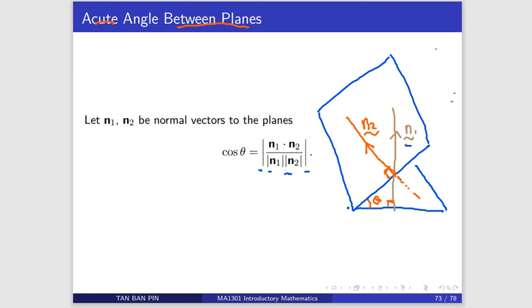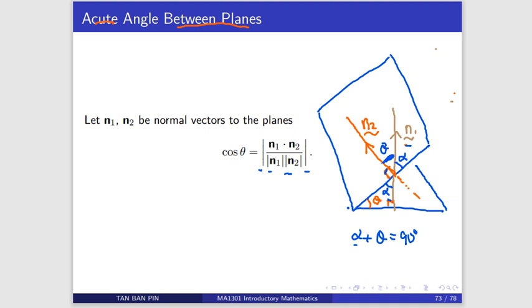I will show you that if you take n1 dot n2, actually they are looking at the cosine of this angle, and the two angles will be the same. The reason is that if you call this angle alpha, then alpha plus theta should be 90, because you have a 90 degree angle here, a right angle triangle. What you learn in primary school, opposite angles are equal, so this angle is alpha. Because here we have 90 degrees, this angle must be theta, since alpha plus this angle is 90, and alpha plus theta is 90.